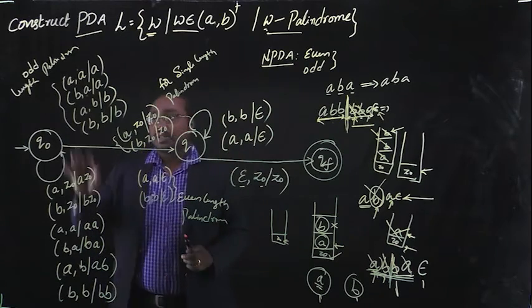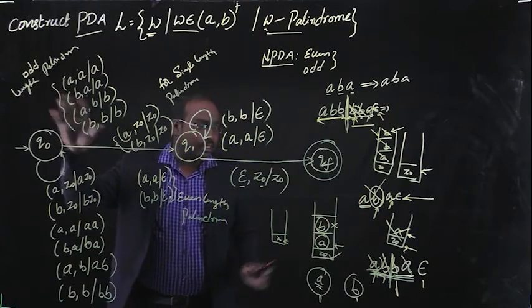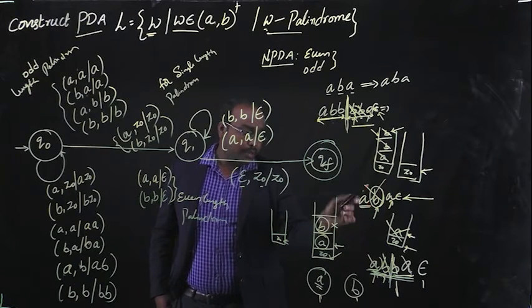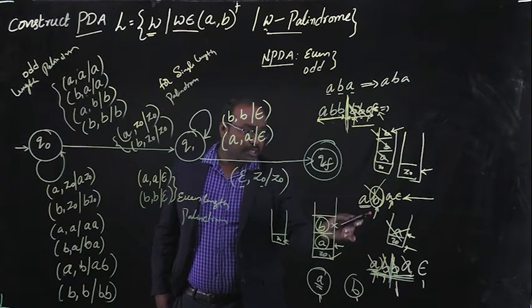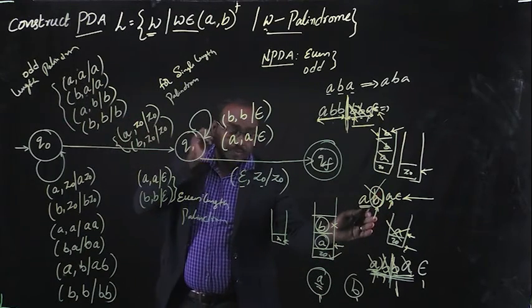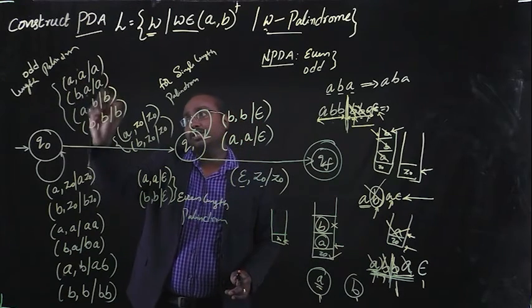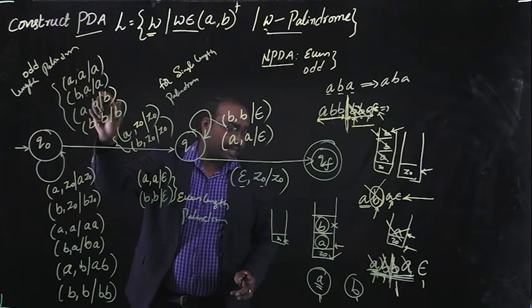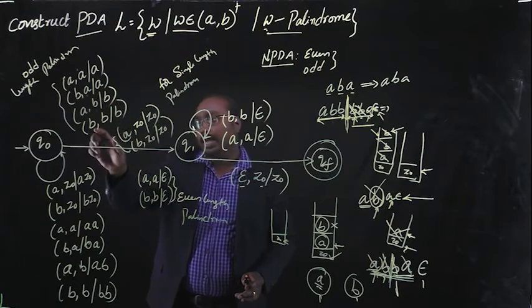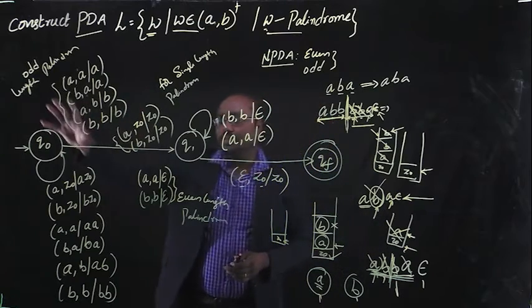For the next section, for reading odd length palindromes, there are 4 possibilities. For odd length strings, for example, if we are seeing the middle element, okay, B, so leave that top of the element on the stack. So in this situation, we are seeing 4 possibilities. A on A, then leave A as it is. If B on A, leave A as it is. If A on B, leave B as B, and B on B, then leave B as B. So these are the 4 possibilities for odd length palindromes.